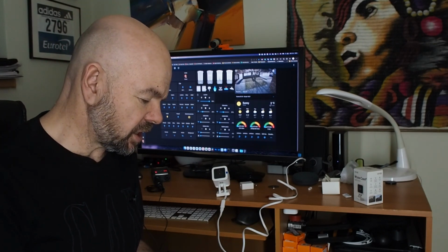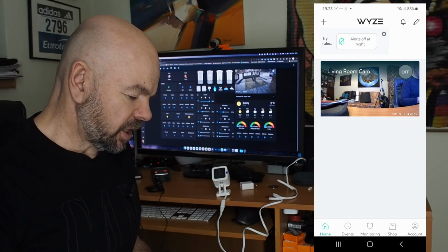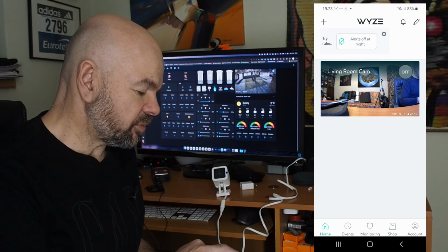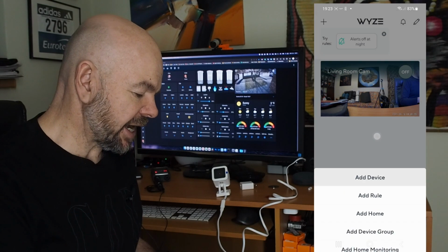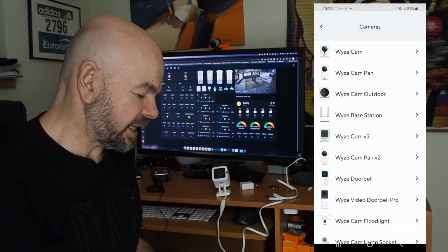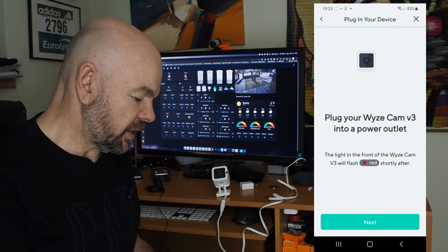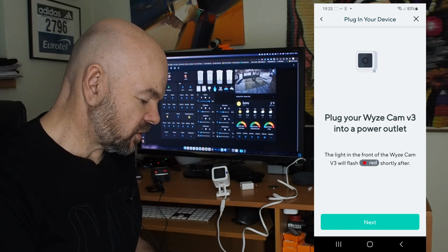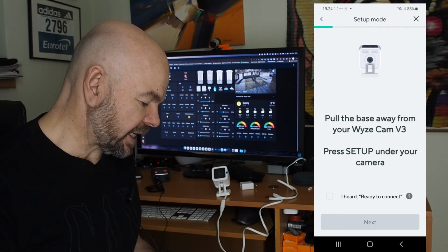So I'm gonna open the Wyze app that I have downloaded in the meantime. So I have this Wyze app. Here we go. So I have already one camera configured in there. And so I can push this plus icon and I say add a device. I'd like to add a camera, and it's WyzeCam version 3. So this is it, and it says plug your WyzeCam into the power outlet and it will flash red, and this is it. So I'm gonna just go next,